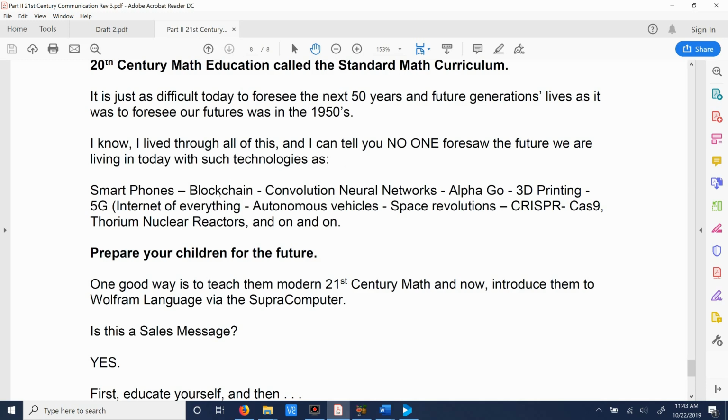Blockchain technologies, you may not know what that is, but I will tell you, it's going to revolutionize the way we do contracts and all sorts of things in the future. The thing that you may have heard of that's based on blockchain is Bitcoin. But blockchain is a revolutionary technology. In fact, George Gilder wrote a book about it, Life After Google. It's all about blockchain. Something called convolutional neural networks. This is what the modern AI is based on, artificial intelligence. AlphaGo is an example of an application which beats the best Go players. It can do things no human can do.